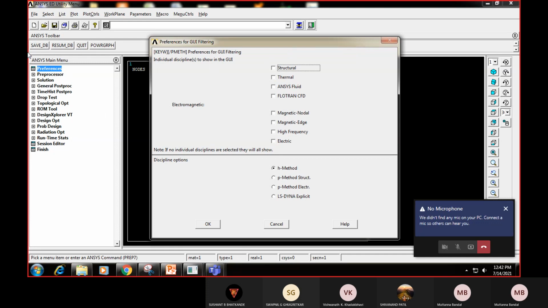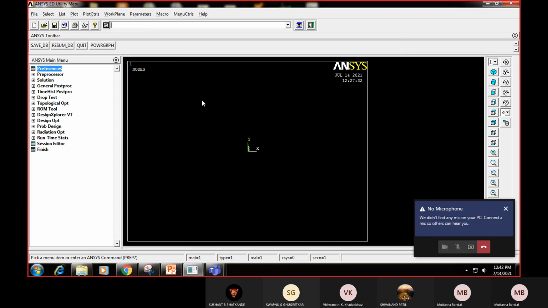Now, when I start the software, you can see that where I am moving the cursor is called the graphics window, and this is a side panel wherein you will get different commands to operate. And this we call the main panel bar, wherein you can save the file, open the file and do many other activities. We will explore those things as and when we do it.